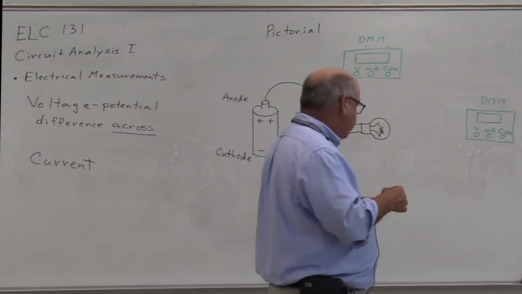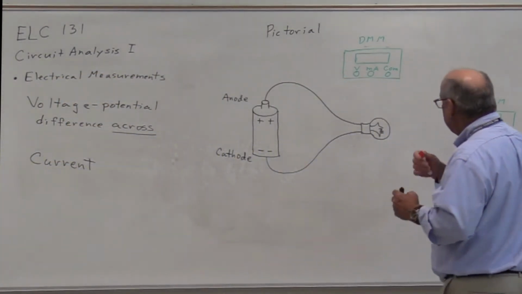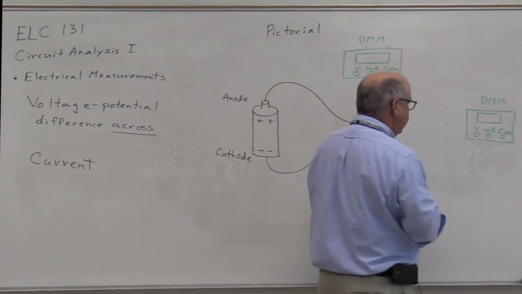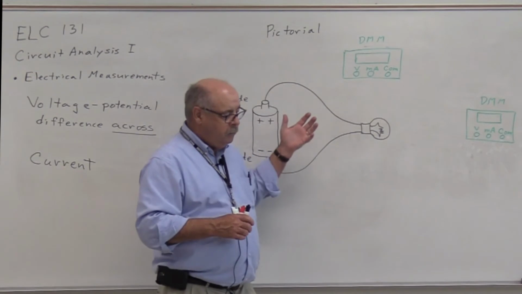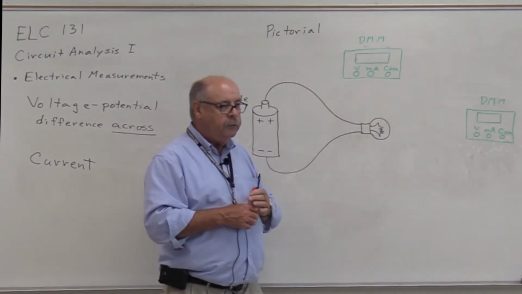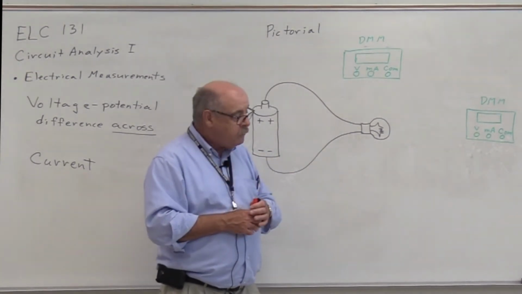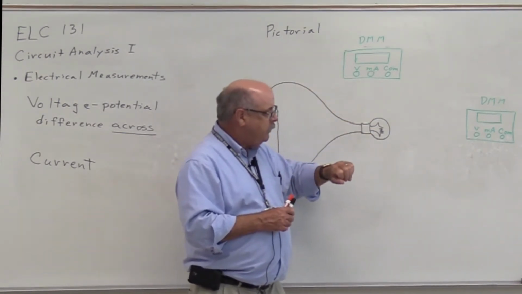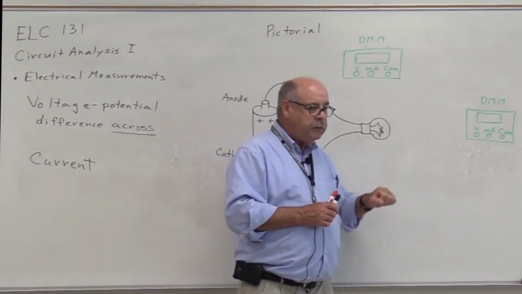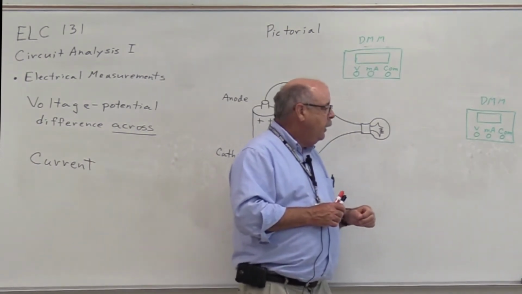So in order to measure voltage, we must connect the measuring device, the voltmeter, across the component we wish to measure the voltage across. Now, this presentation assumes that we're using a digital multimeter, a DMM, and with the DMM